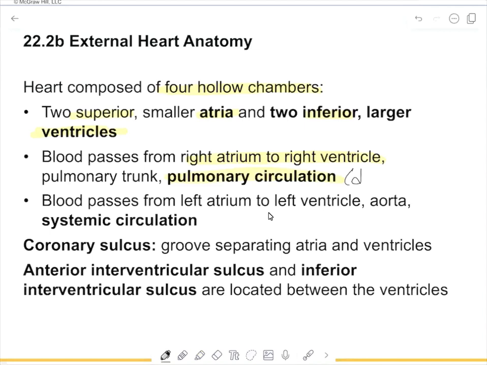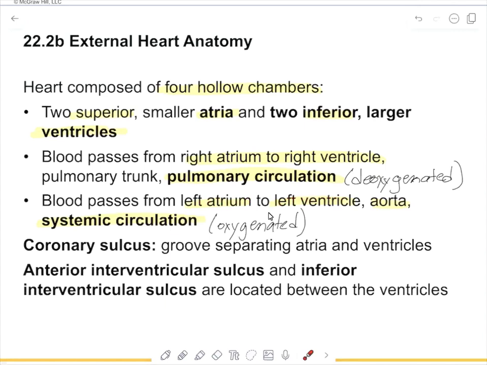And specifically, it's going to have deoxygenated blood in it, because the goal of this side of the heart is to send the deoxygenated blood to the lungs where it picks up the oxygen. After it picks the oxygen up, the blood passes from the left atrium to the left ventricle into the aorta and on to systemic circulation. So at this point, the blood is oxygenated. It's freshly oxygenated blood that's been received from the lungs, goes to the left atrium, left ventricle, and then out of